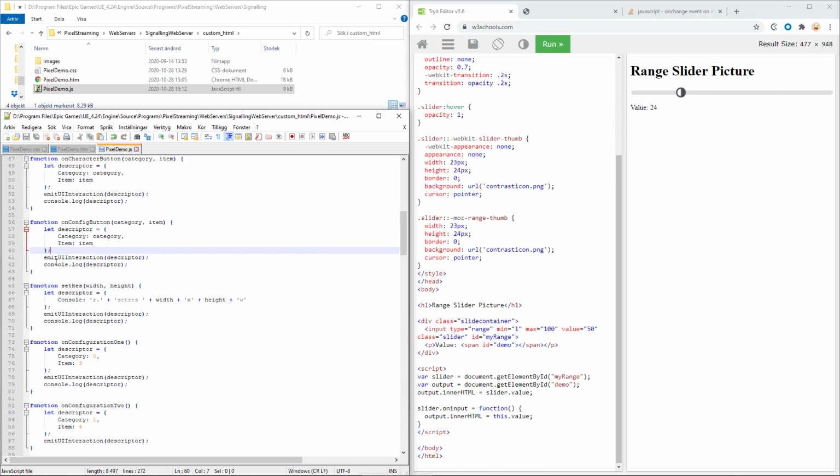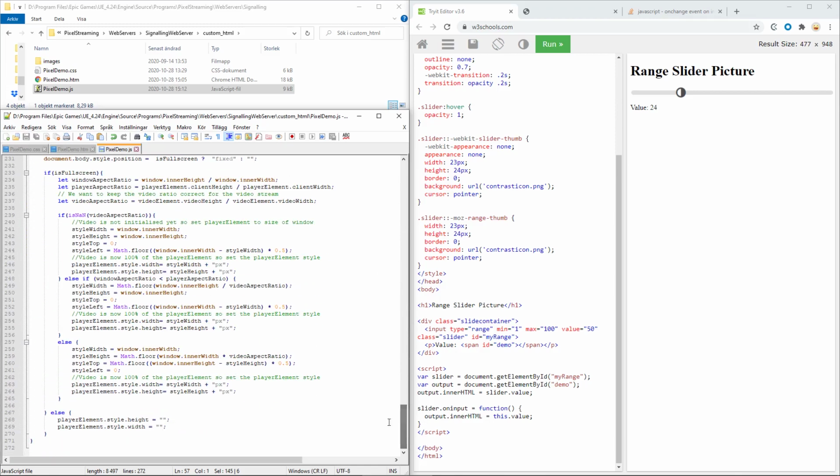And then it uses the emit UI interaction function that sends the descriptor value. And then in this case, it shows the descriptor value in the console log. Let's just copy this and make a new function at the bottom.